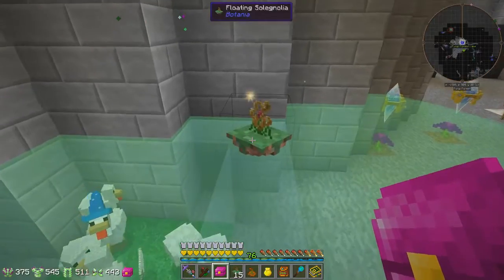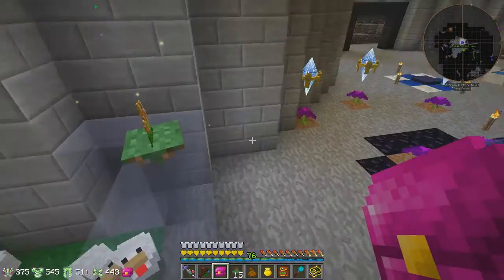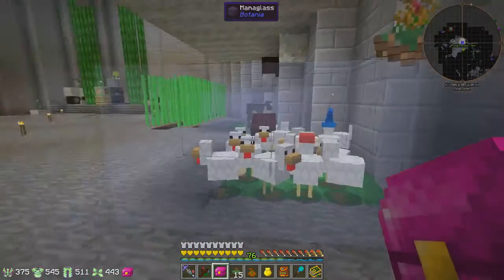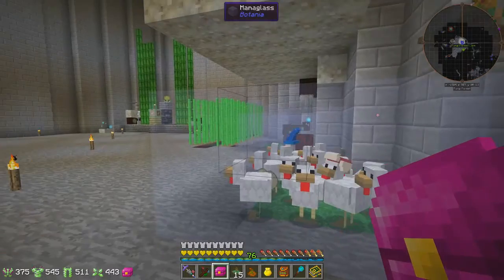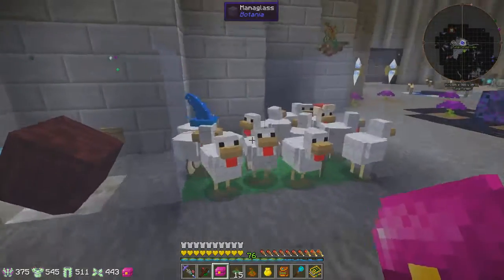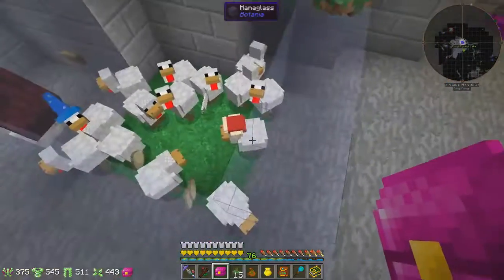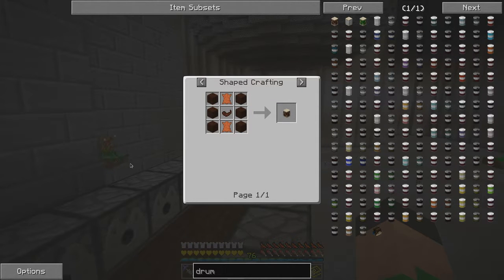There we go. So it looks like it easily covers this thing. So let's put on the magnet again and see how well this works. Very nice. Okay, so now with item management a little better off, we need this, the Drum of the Wild,